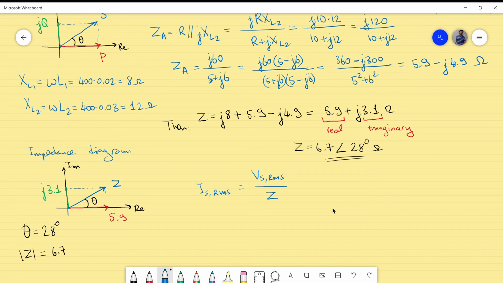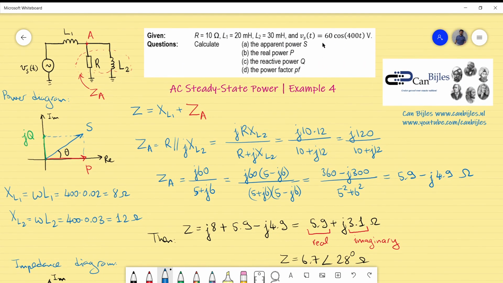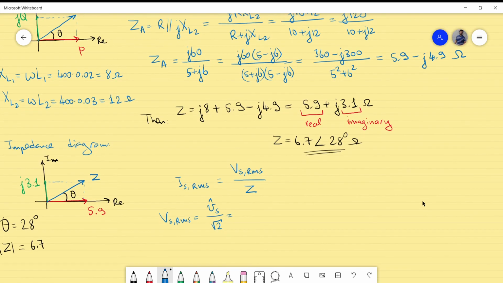Now, since we know that the VS RMS is equal to the VS amplitude divided by the square root of 2, and the value of the amplitude for the voltage source is 60, so if I do that, 60 divided by the square root of 2, I will get